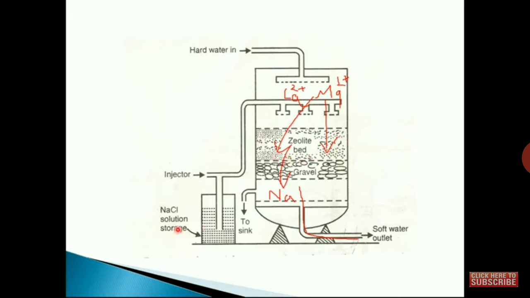For this, we pass the sodium chloride solution from here. So sodium chloride will sprinkle down from here, right? And the reverse reaction would occur, since the concentration of the sodium ions would be larger in that case. So in the honeycomb structure, your sodium and potassium would be trapped, and your calcium and magnesium ions would come out, right, as the sludge. So this second part is the regeneration of your zeolite bed.